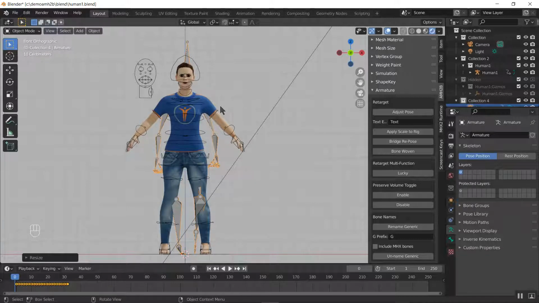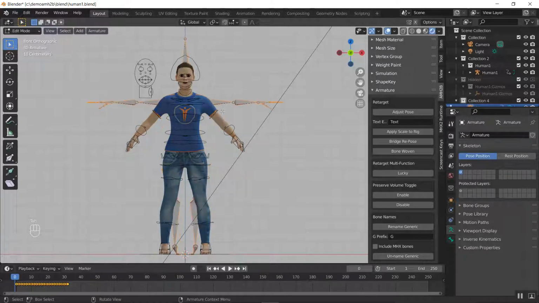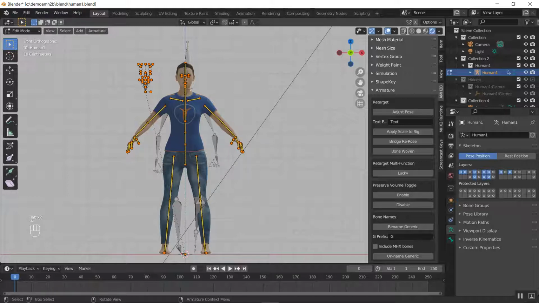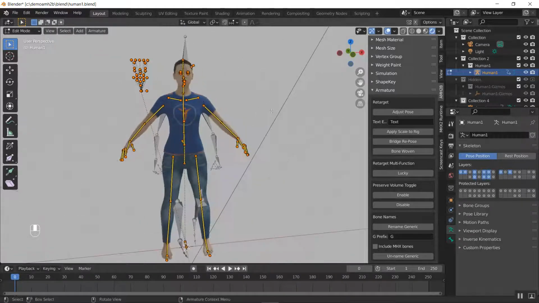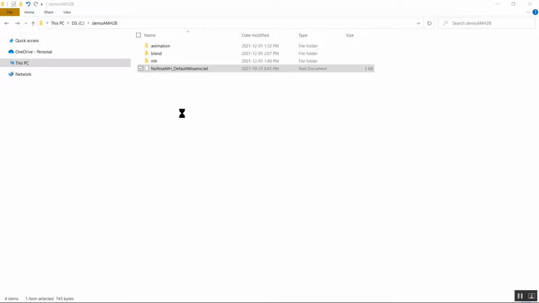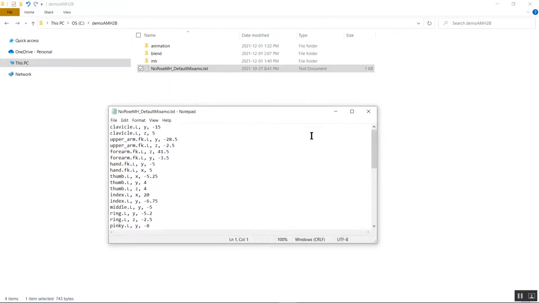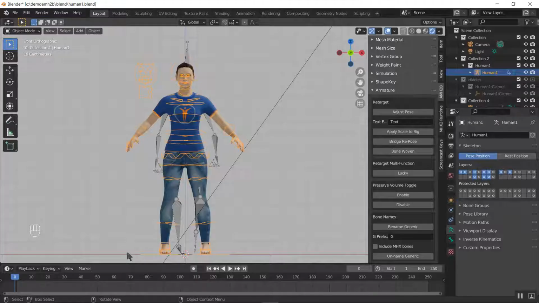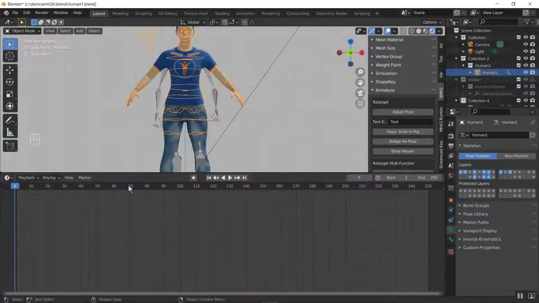This is a T-pose on our animated armature, but as we can see, our default MHX armature is not quite T-pose. In order to get it there quickly and automatically, there is a script in the armature area, the adjust pose. We can go to a file that's available in the download for the AMH2B add-on. No pose MH default Mixamo, and just select all, copy, close the file, go into Blender, and it has a